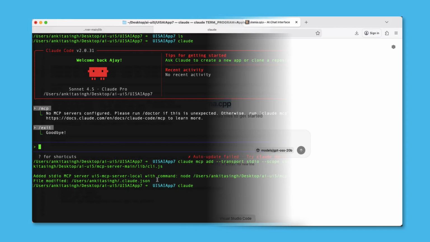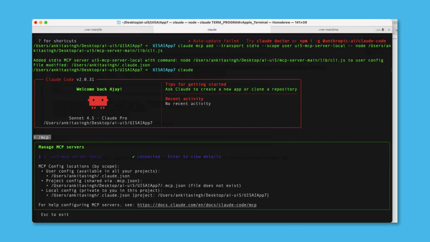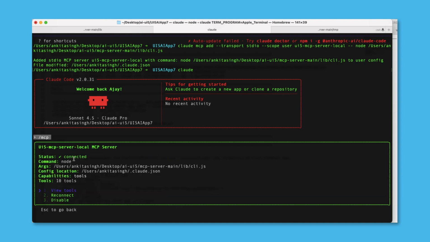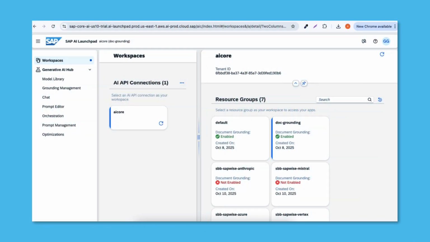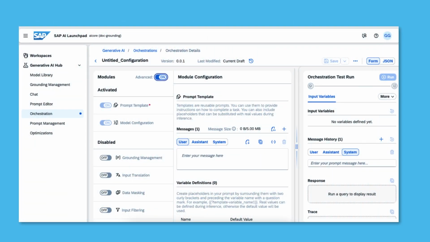The second case will be SAP UI5 development with MCP. Here we will be using the Claude agent in terminal and explore the MCP in details, how it is structured and architected. The third case is where we will be using SAP BTP GenAI Core and explore its capabilities and